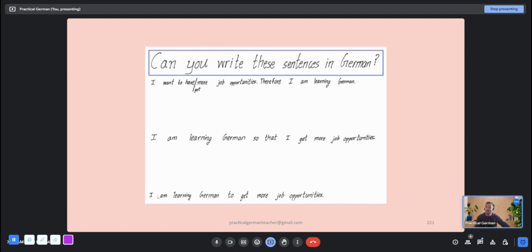The last sentence, I am learning German to get more job opportunities. So here you have an entire sentence, I am learning German. I is the subject, am learning is the verb, German is the object. In the next one, there is no subject anywhere, right? You're just saying to get more job opportunities. You have an object, of course. You also have a verb, to get. But there is no subject, so you are not using the subject again in this sentence, even though it was the same. I hope I have not confused you, but you notice, right? In the third way, you are not using the subject again.